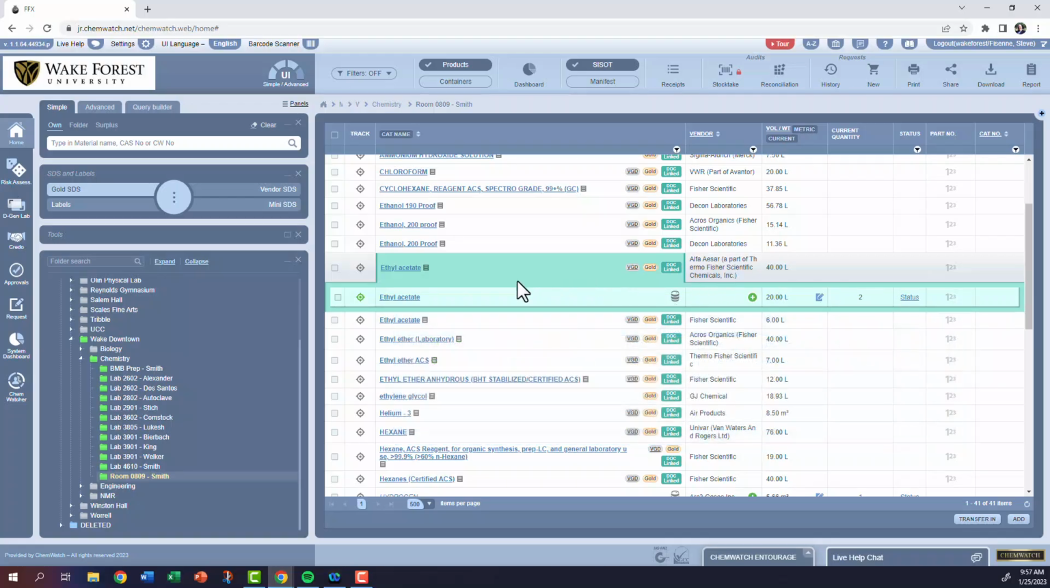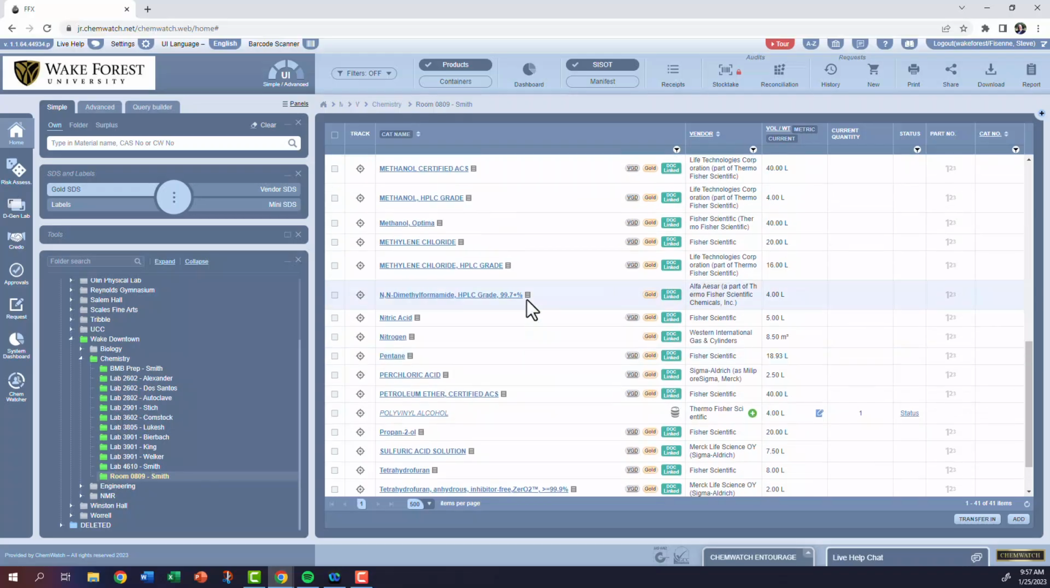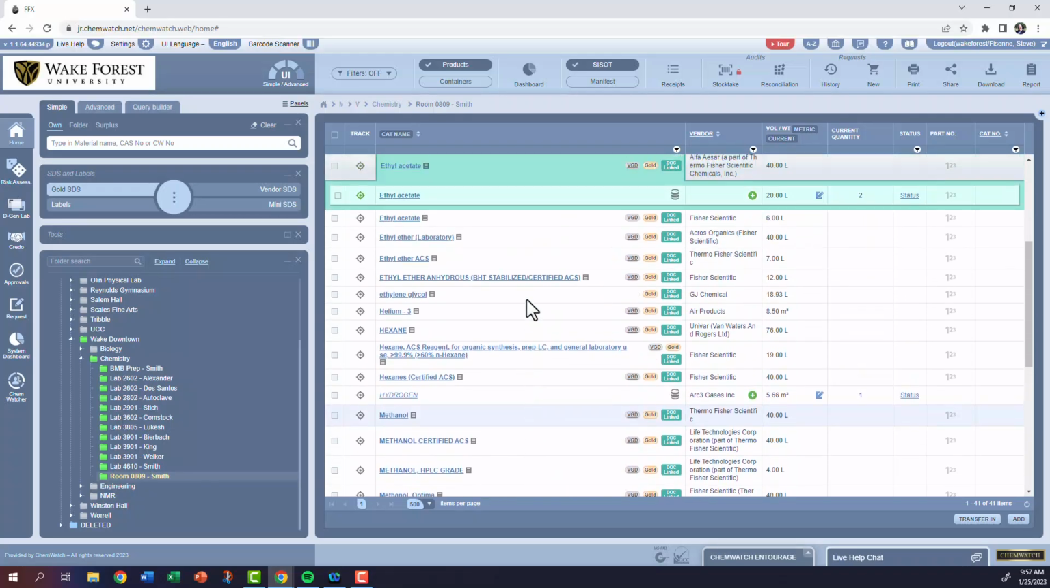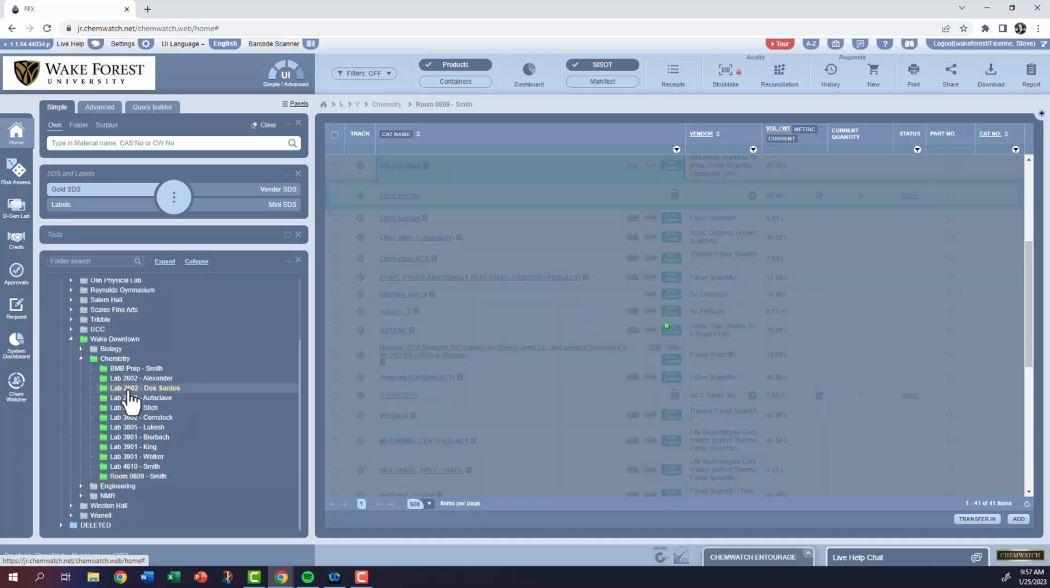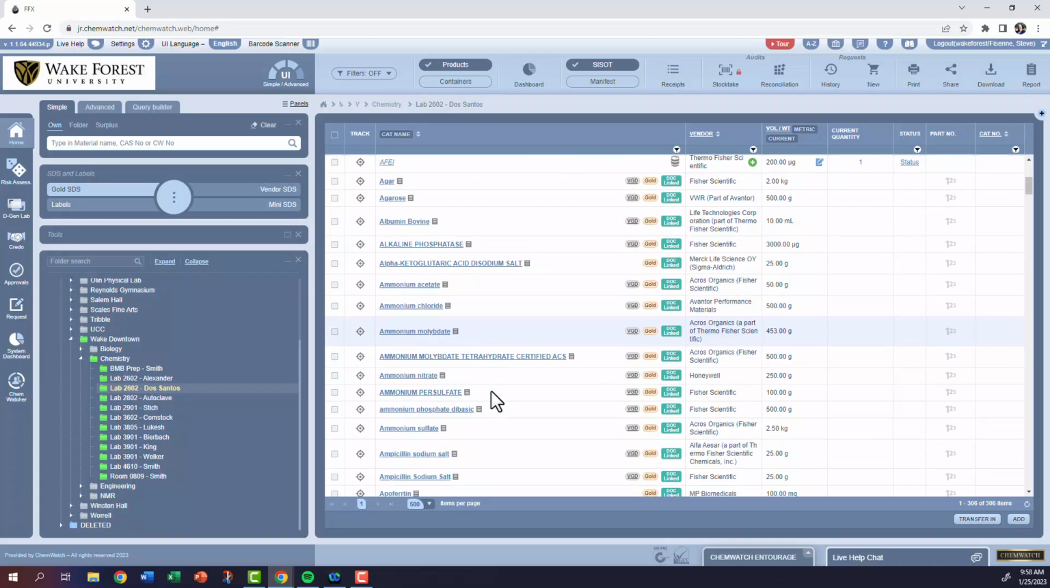So that's basically the information for how to access your inventory. If you have any issues with that, you can always call environmental health and safety. But for each one of the labs, again, we're going to have a list of the chemicals that are in here. If I go to another example, real quick, the lab 2602 with Dos Santos, it's going to be the same thing. First, we're going to see a list of items that are associated with this laboratory under either the manifest number, or in this case the SISOT number,